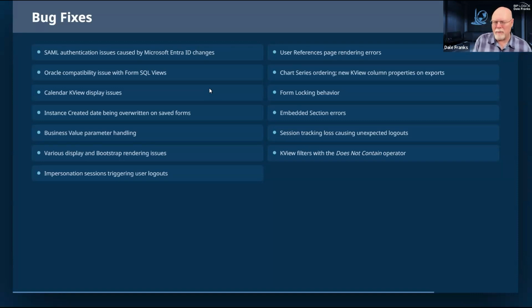Some various display and bootstrap issues. We don't need to go into the details of that, but we are fixing a lot of display and CSS issues, and we're also working very heavily on accessibility, because many of our higher ed customers are facing a hard deadline on 26 March to be sure that all of their forms that they show to end users are accessible. So we are working our way through that. So if you have accessibility issues, especially if you're a higher ed client, please submit tech support tickets on that so that I can send them directly to the engineering team so that they can address that.